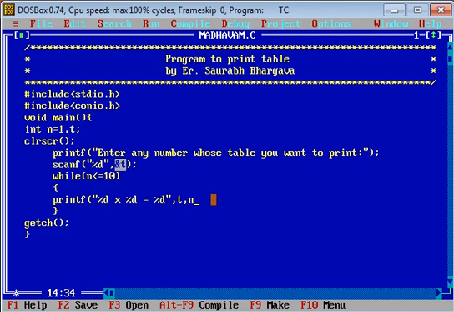Then n is the multiple 1 to 10, and then t multiplied by n. After each row we need a \n, which gives a new line. Now increment is required in n.